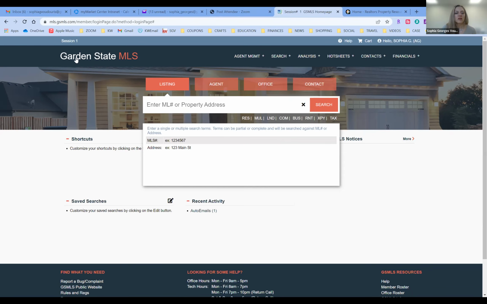So we're at the home page. You're going to log in using your credentials in Garden State MLS. Okay, we're going to enter the address. In this case, we're going to use 42